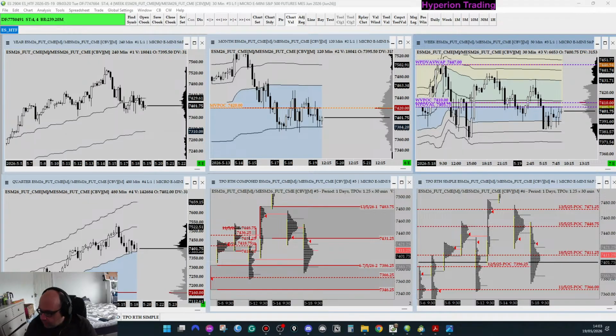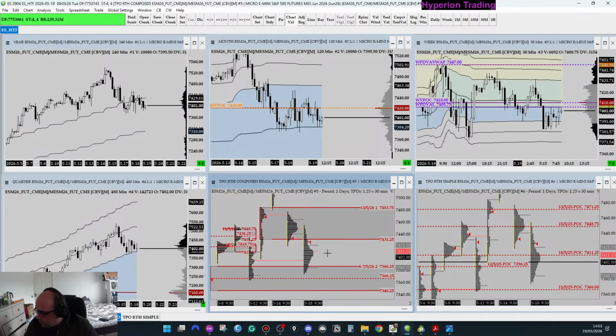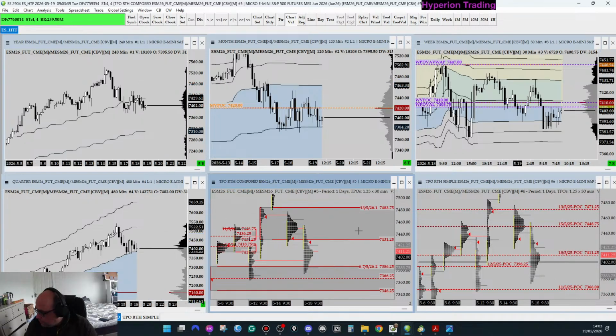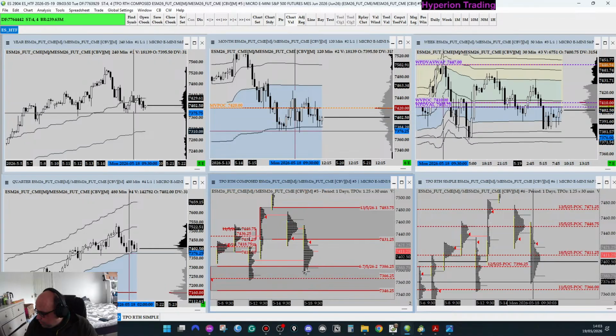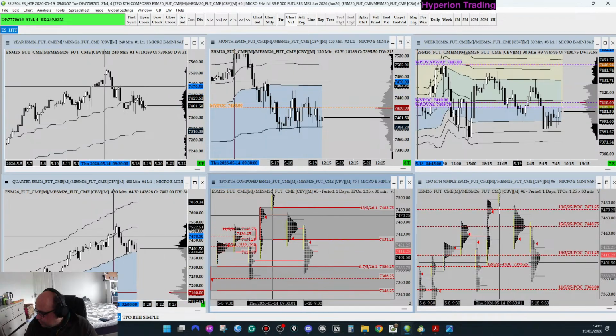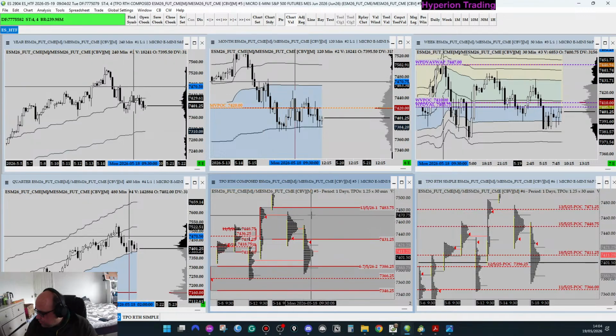If we look at the CVAs, the structural approach, we see now that yesterday we're just heading between these two CVAs. So we see this CVA and this CVA. We see here the dates. So basically, this POC here have the price, and this POC here from this day actually had the price of the previous day. So we're basically between